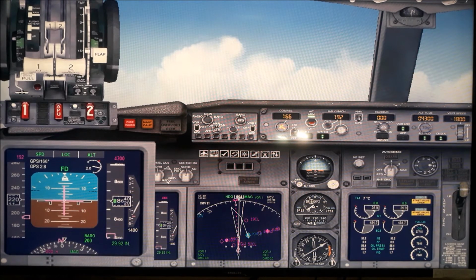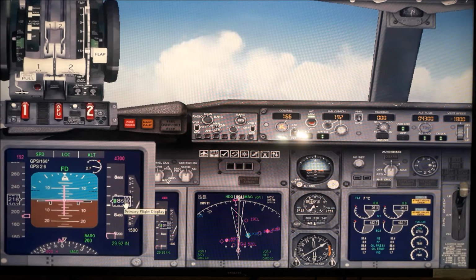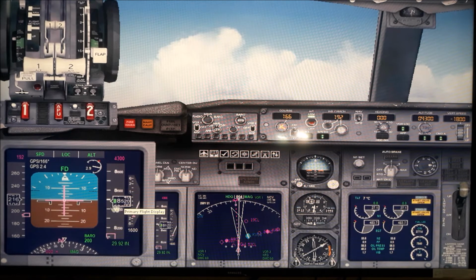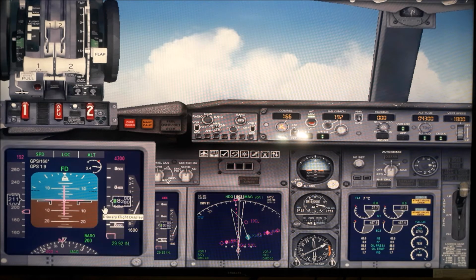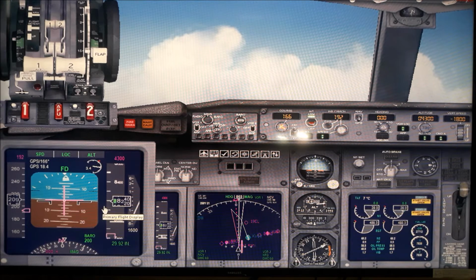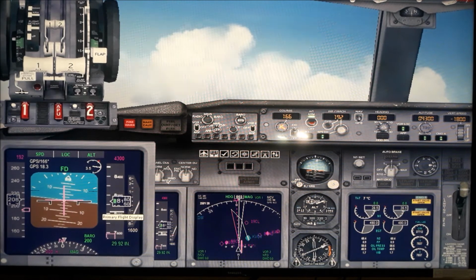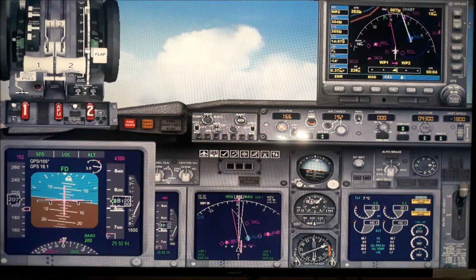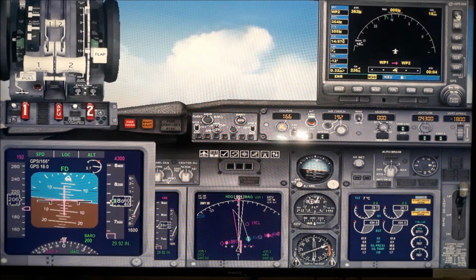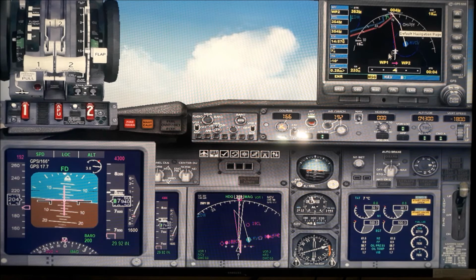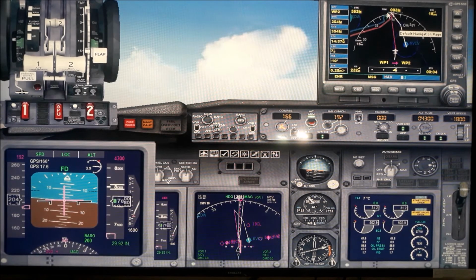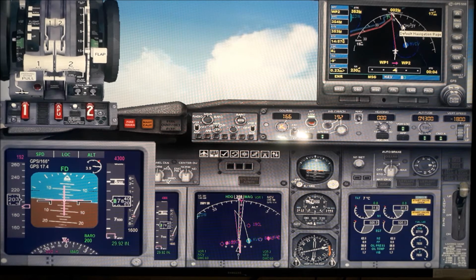Okay, now the speed is around 217 and altitude is coming down, and we have to reach around 4,300 at this point here. At this point we have to be at 4,300. Now the plane is taking this route, and here it will take a turn.